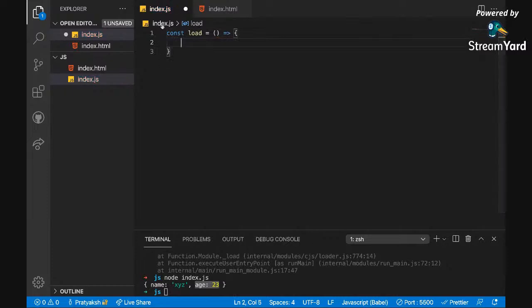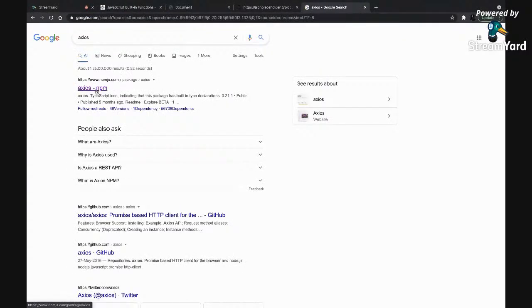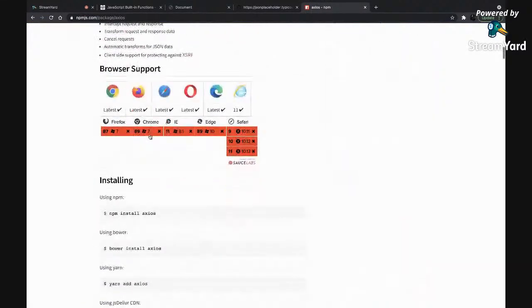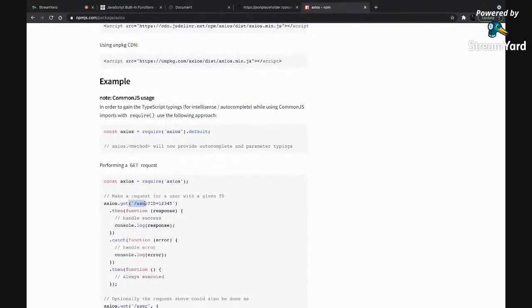Now how do we actually get the data from API? There are many different ways of doing it, but I'll go old school, and I'll use one of the most old methods of fetching the data. In modern days, we use something called Axios. You can study about it later. We use this to fetch the data. It's a very easy way of fetching the data. You just give the URL, and it fetches the data without any headache.